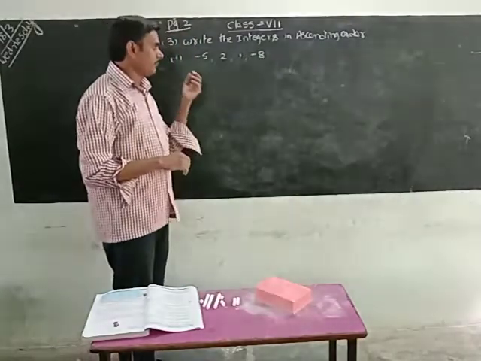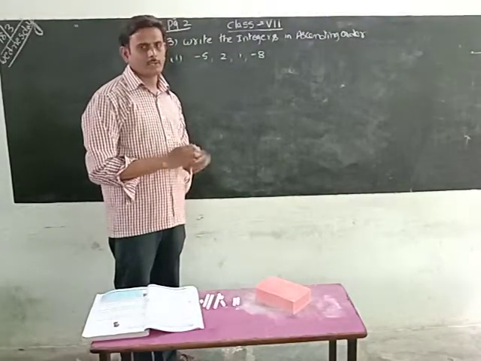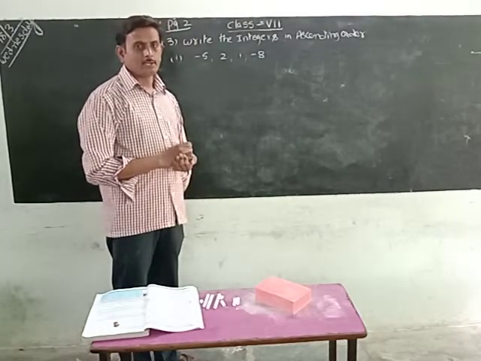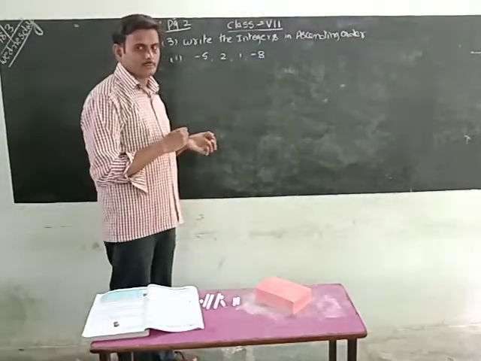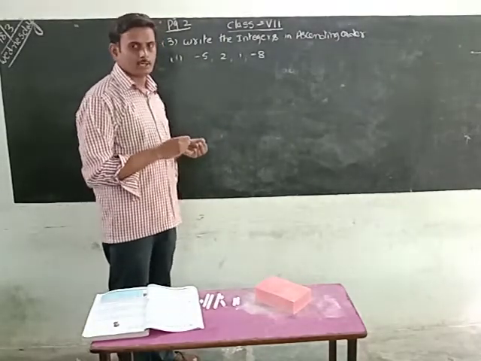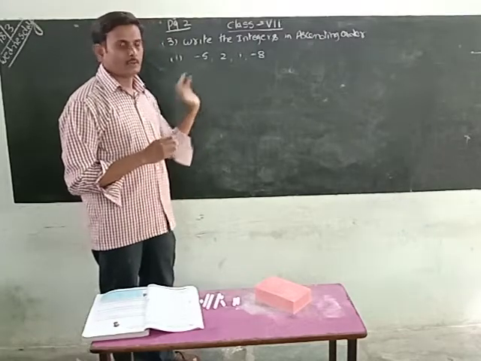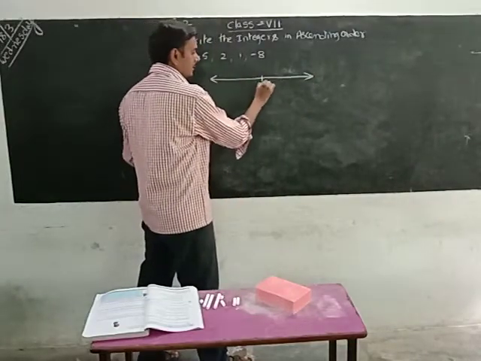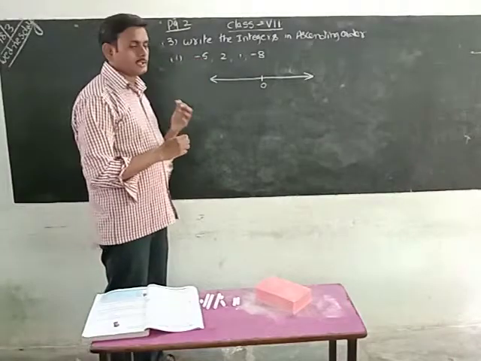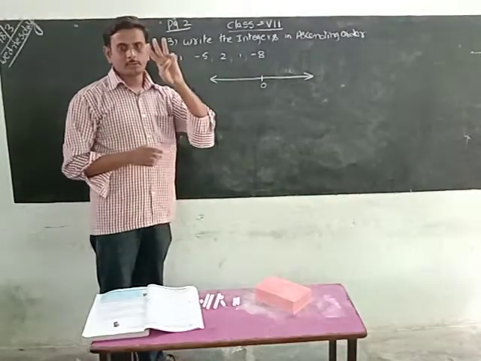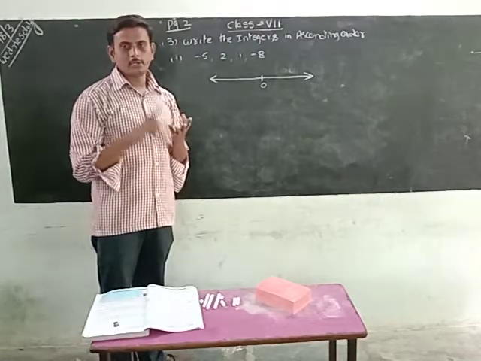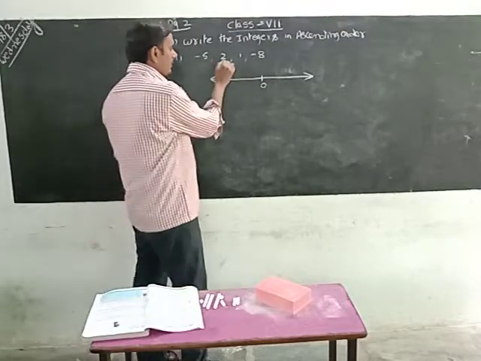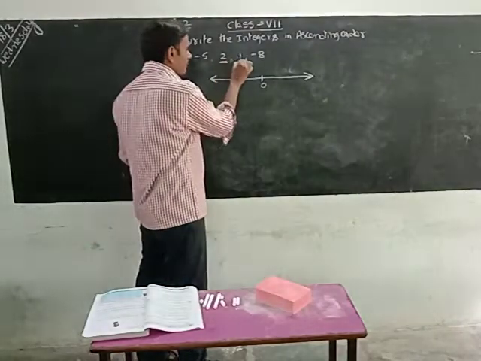If you can write it directly, seeing which is smaller and which is bigger, we can write the ascending order answer directly. Otherwise, use the number line. Okay, I want to use the number line here. Without using a number line also we can write the ascending order, but for our convenience I am using the number line. Draw a number line. Place 0 at one place. Which are the numbers given? Total integers means 3 types of numbers are there: the positive integers, the negative integers, and 0. Which are the positive integers? We have to underline them. These two are positive integers.